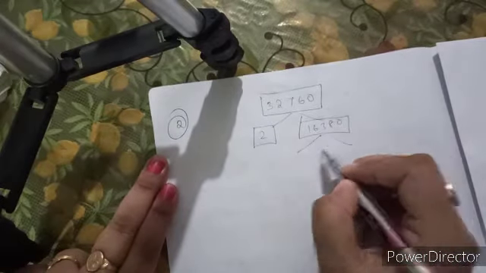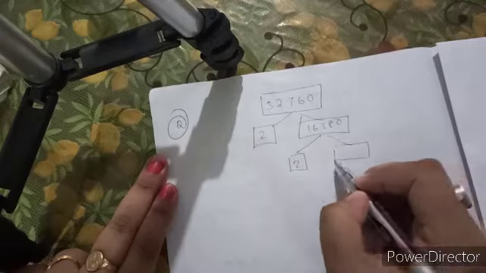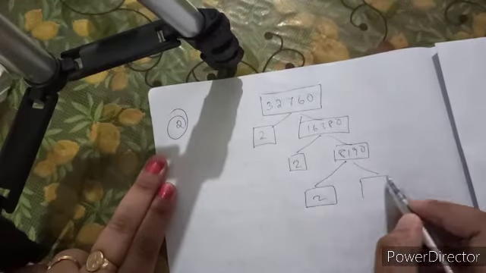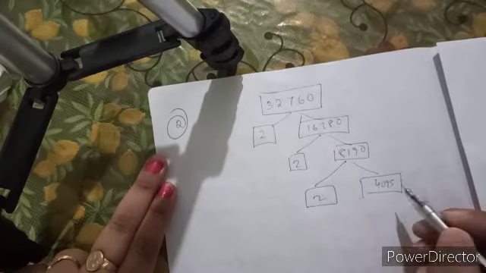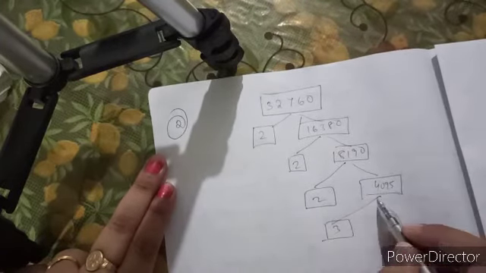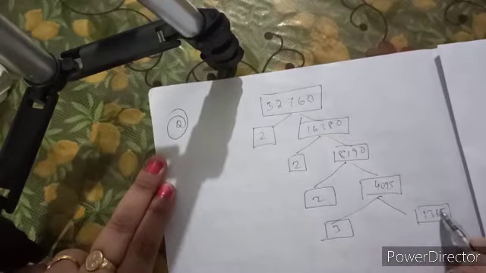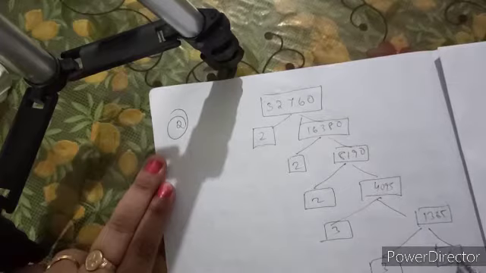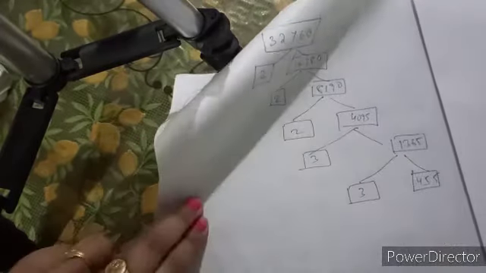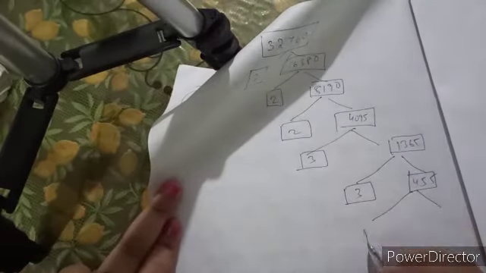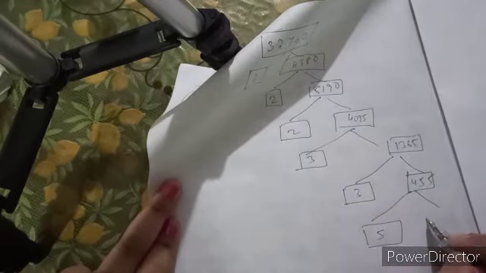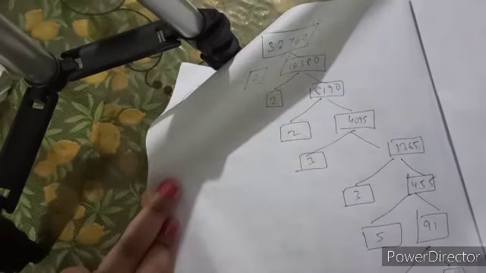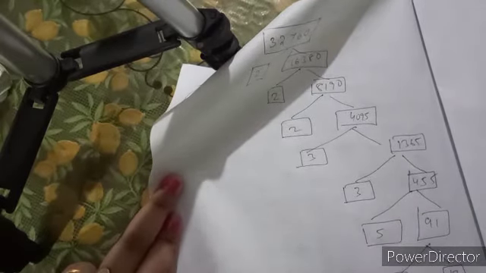Okay. Then again you have to divide it by the prime number, it will come 8190. Then again it will be divided by 2 because it's a multiple of 2, it will be 4095. Next prime number will be 3, that is 1365. Again you have to divide by 3, it will be coming as 455. So it's like a tree. Okay, again it is divided by 5, it will be 91. Again this 91 will be divided by another prime number and will leave us the value as this.